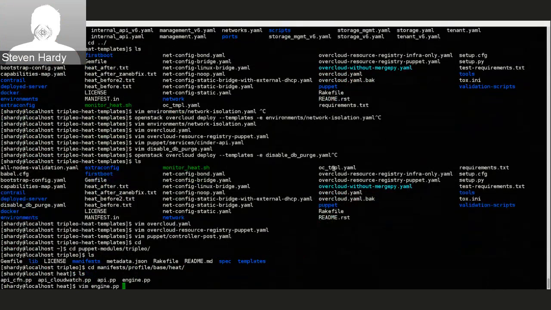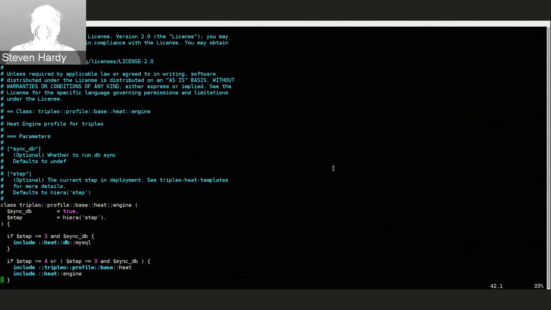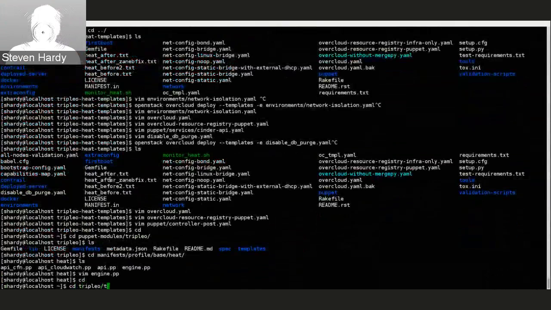So this is the profile which we apply for heat engine. And so you can see in here, if step is greater than 3, we do the DB sync. And if the step's greater than 4, we have Puppet actually configure and start the services. So that's basically how the ordering is taken care of in this model. And so you can see here, this is the name of the Puppet class that configures heat, and that step value will determine the point during the deployment when things happen. So if we go back to